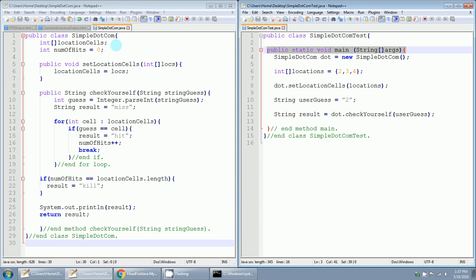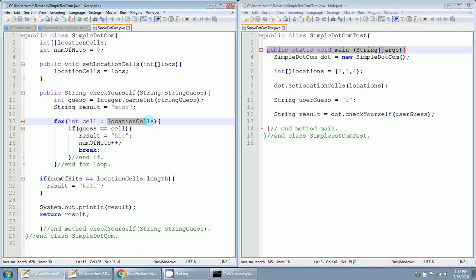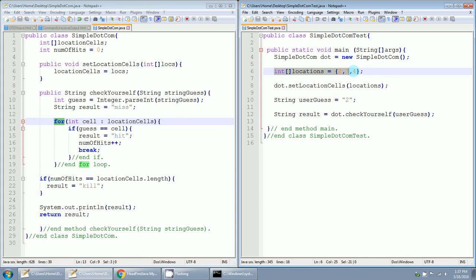Here, we are taking the value of the location cells. This is a for loop, so it's going to loop through the location array. And the location array is created in our test. In array locations, we gave it a value of 2, 3, and 4. Okay. And then we used this